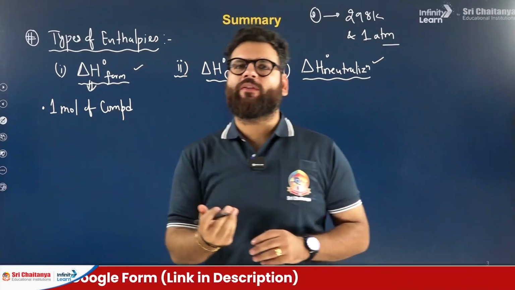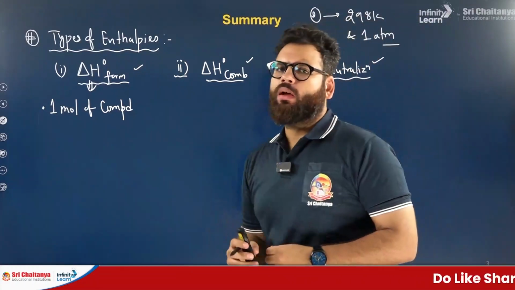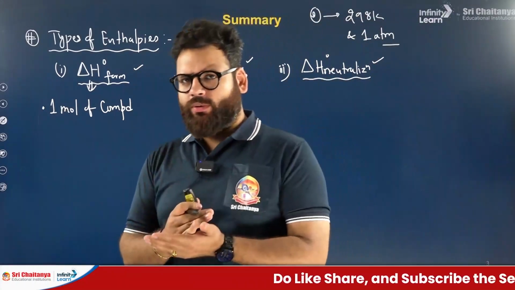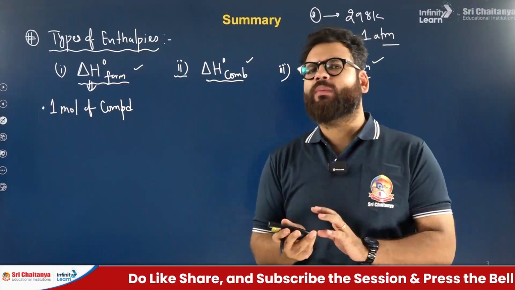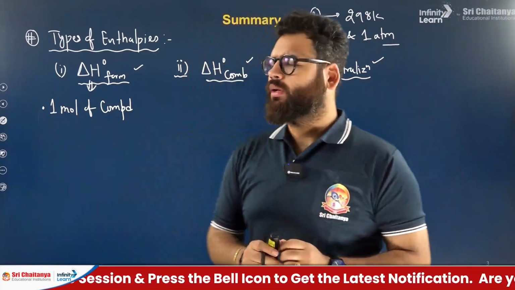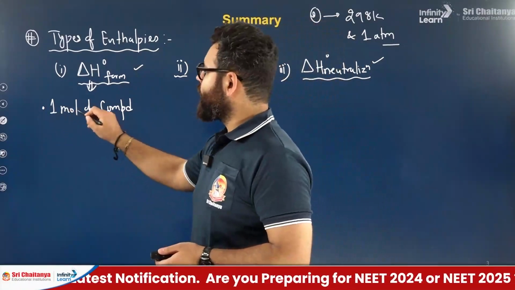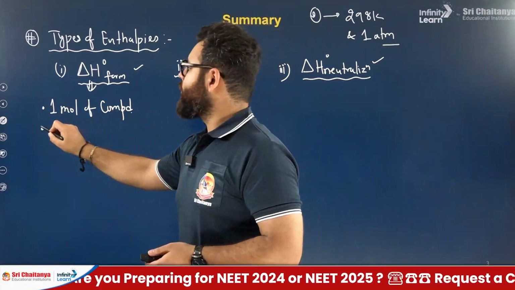If you want the definition, you can write it. Again, I am saying amount of energy released or absorbed, maybe exo, maybe endo, we don't know. There are many exothermic products, many endothermic products. Released or absorbed in formation of 1 mole of compound from